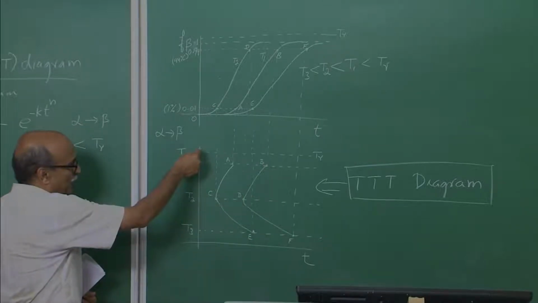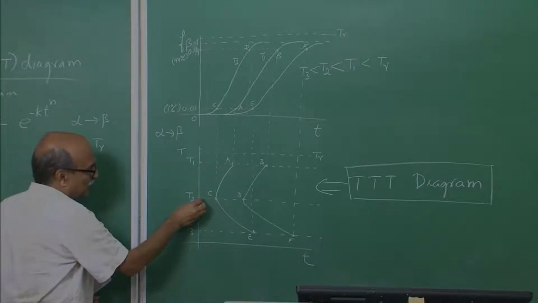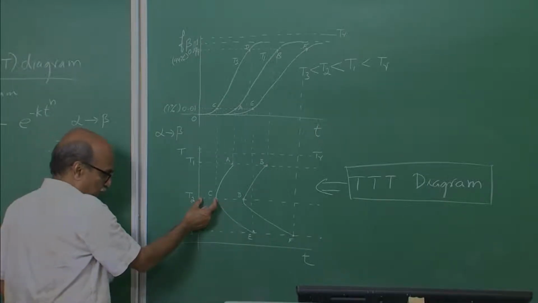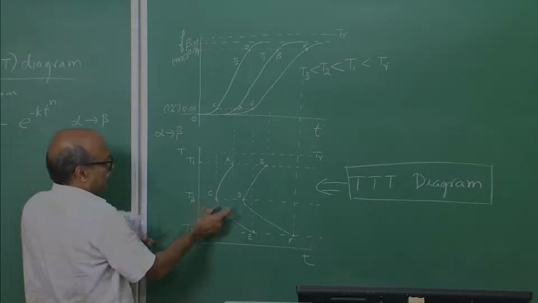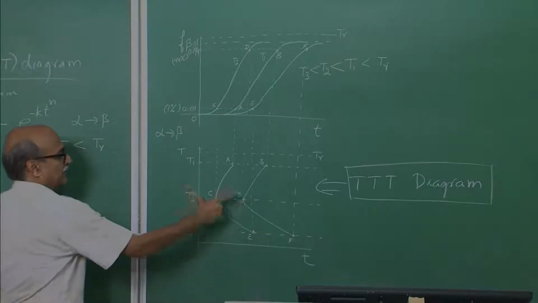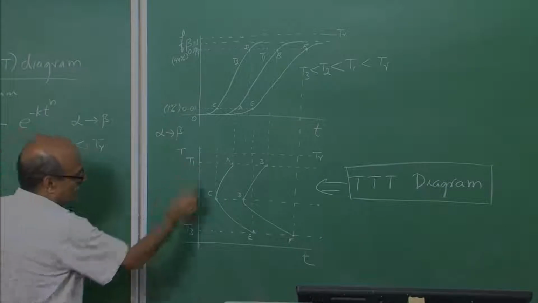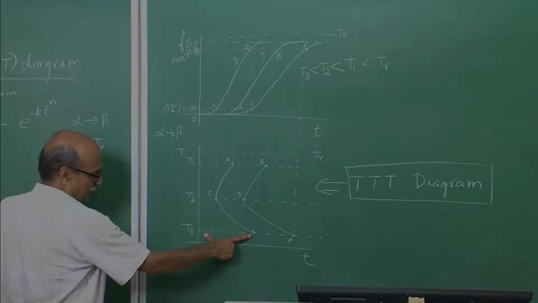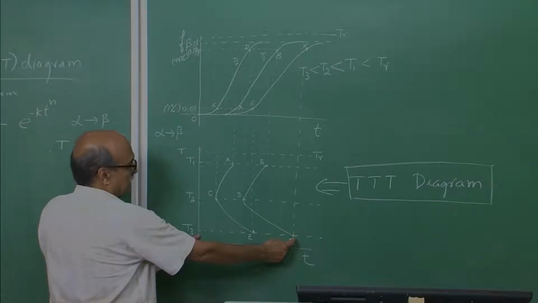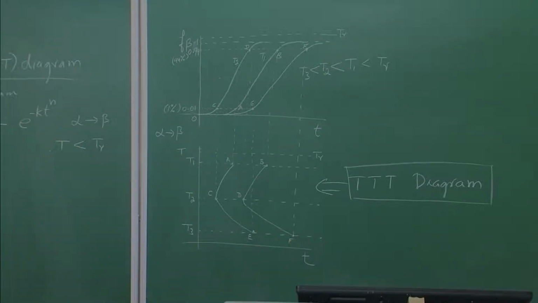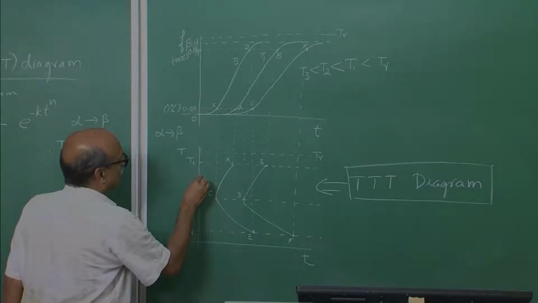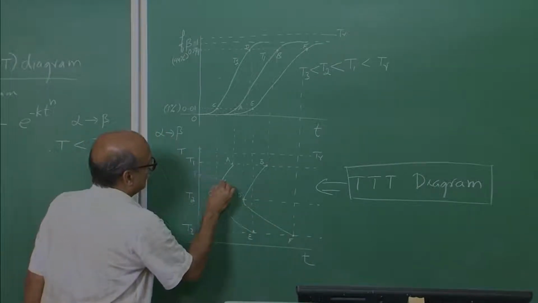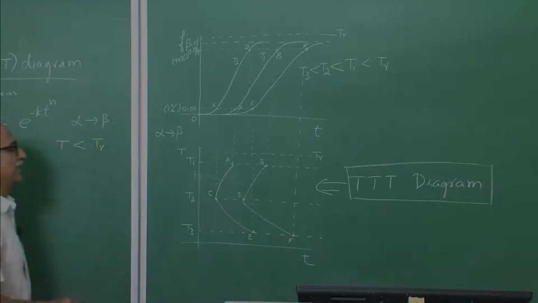Similarly, if I cool down from above the TR temperature to a temperature T2 here, then only this much time is required for 1% transformation to take place, while this much time will be required for 99% transformation to take place. Similarly, if I go down to T3 and isothermally hold there, I require this much time for 1% transformation and this longer time for 99% transformation to take place. Similarly, I could well hold at some other temperature T, then this much time for 1% to complete, this much time for 99%